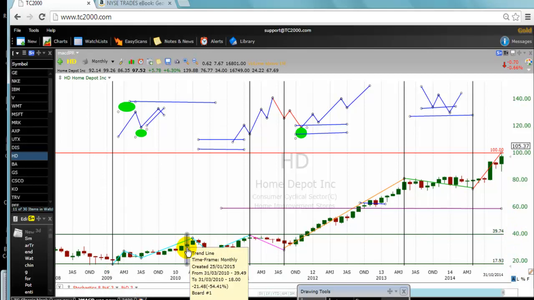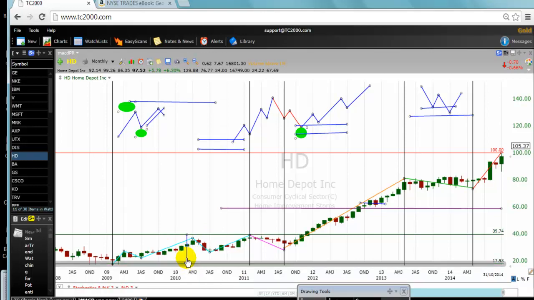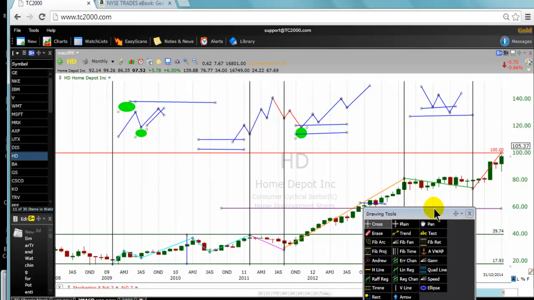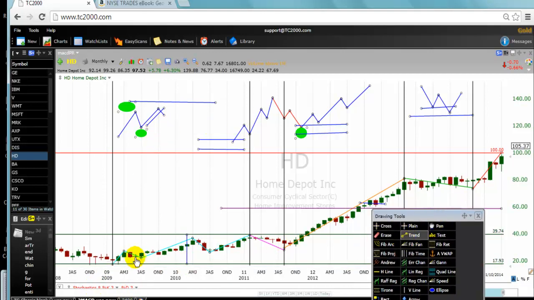So in the fifth wave, we will expect again, very often you'll see that they will achieve exactly $20 move. Equality. Sometimes you will see some traders, as I explained to traders, measure the length of the first wave, from the beginning like this to the end like this. Sometimes you will see that equality, which means the length of the first wave will be equal to the length of the fifth wave.